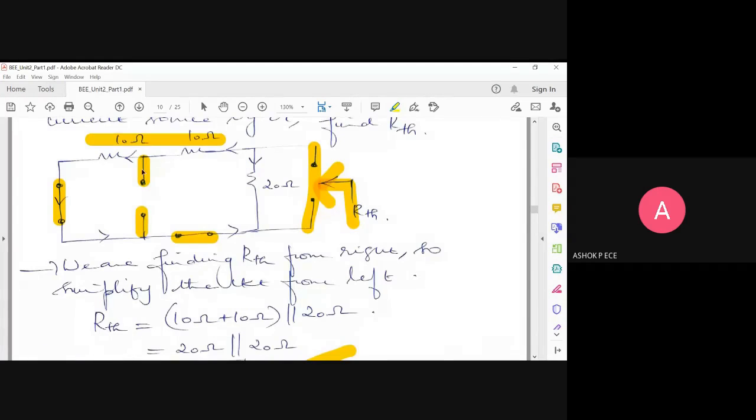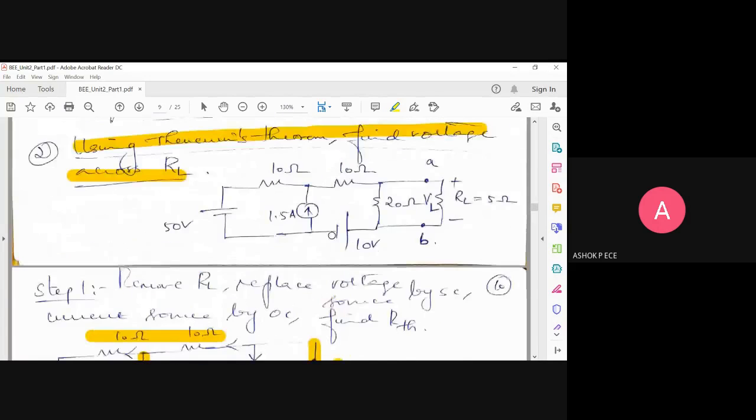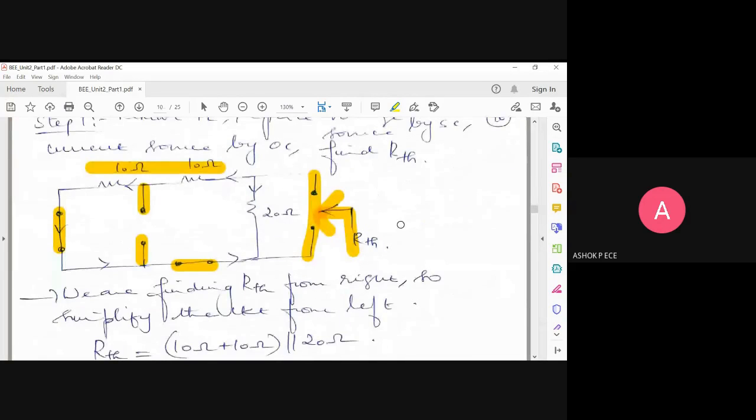And this open circuit is not going to have any effect on your RTH computation. You can even remove this and find RTH if you find this open circuit disturbing to you. I don't like these wires hanging. So if you don't like 2 wires hanging representing an OC, you can very well remove them. When you remove them, then the picture becomes very clear. 10 and 10 will be in series and 20 is parallel to the combination of 10 and 10 series. Everybody getting 10 ohms as RTH? Anybody is feeling difficulty? Please let me know immediately.